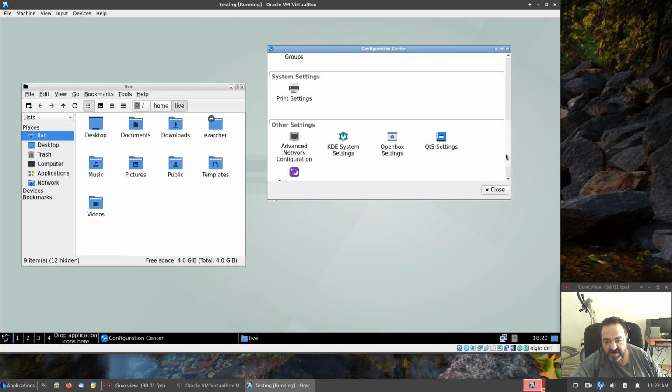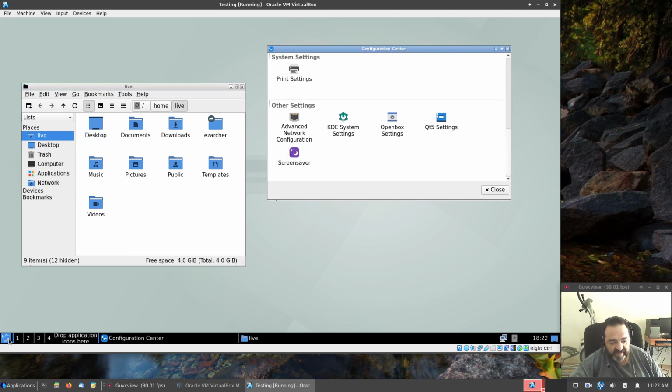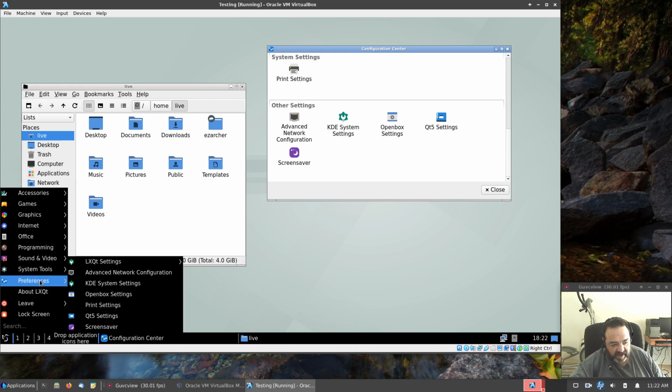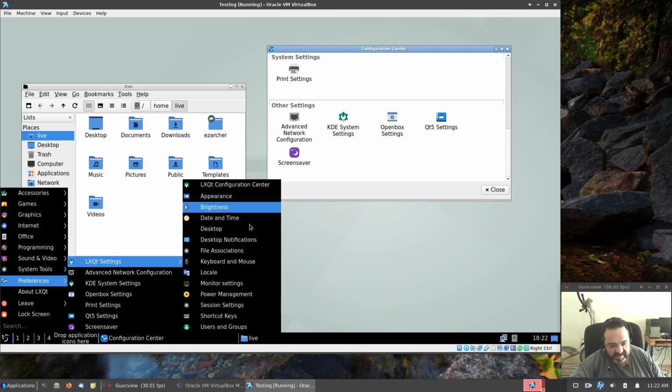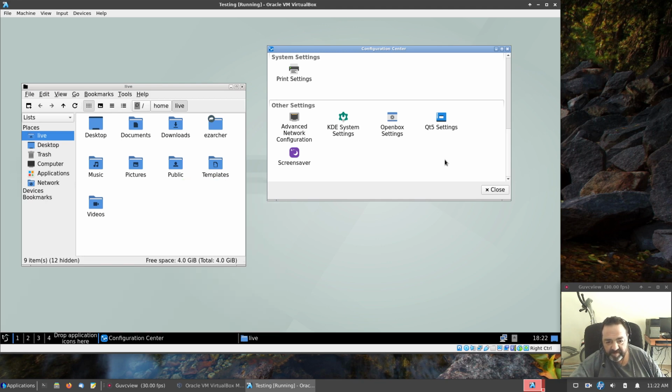Okay, so these are just everything that's listed here, basically. Just another way to get to them. Cool. So there you have it, LXQt built